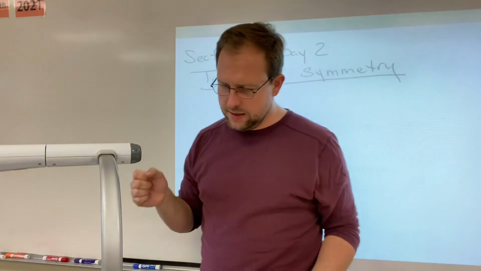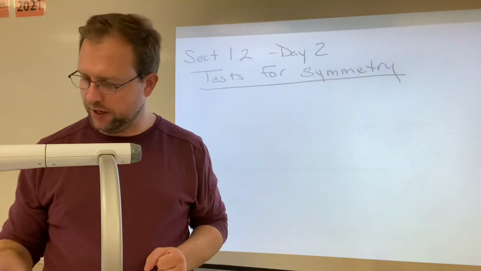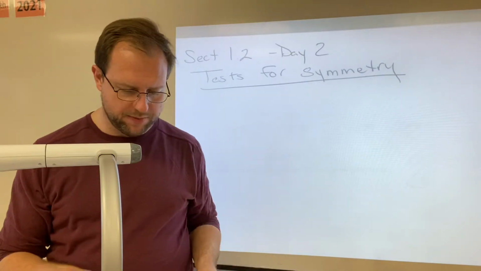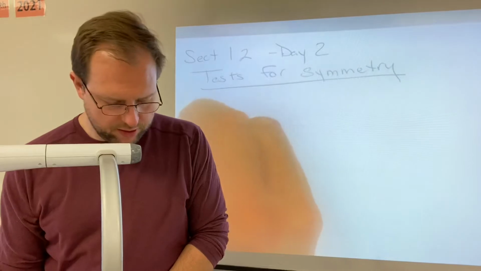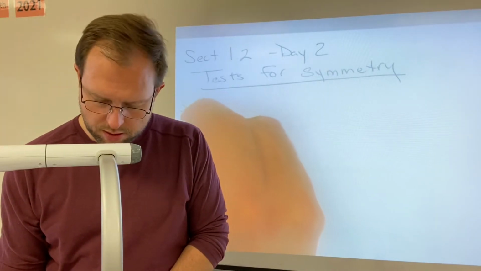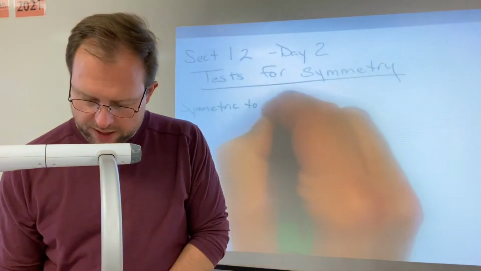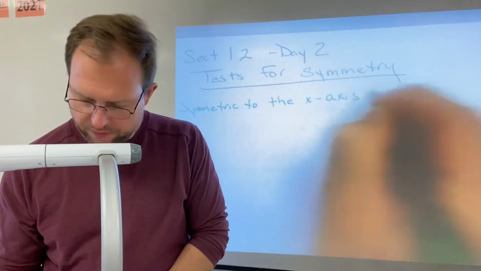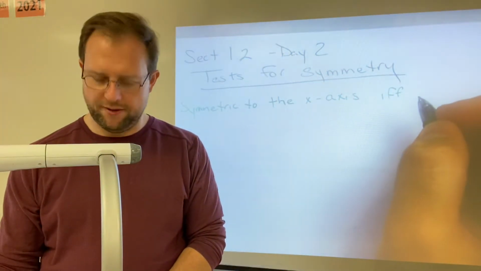Okay, this is going to be day 2 for section 1-2, and we're looking for tests for symmetry. The first thing we're going to do is talk about the different types of symmetry. Okay, the first one is symmetric to the x-axis. It is symmetric to the x-axis if and only if (IFF is if and only if)